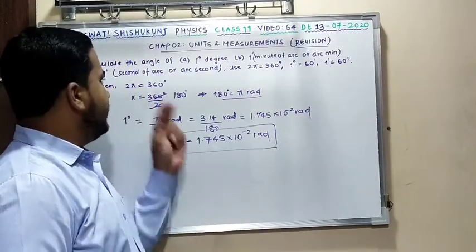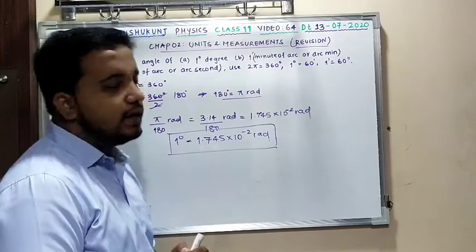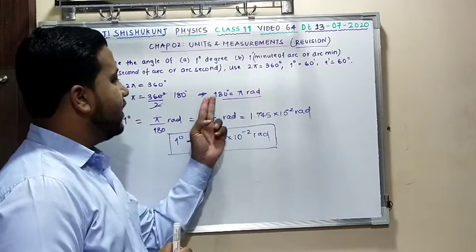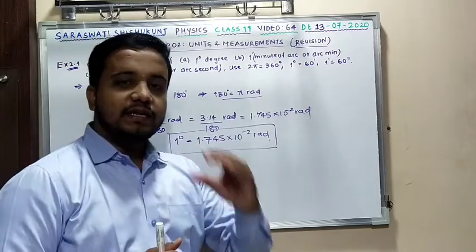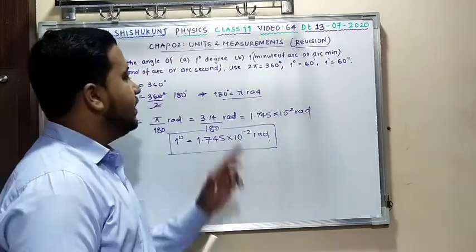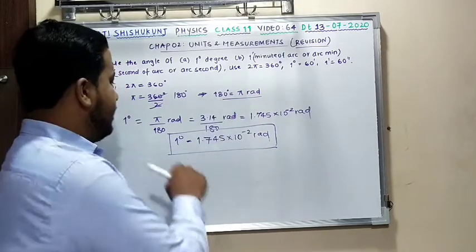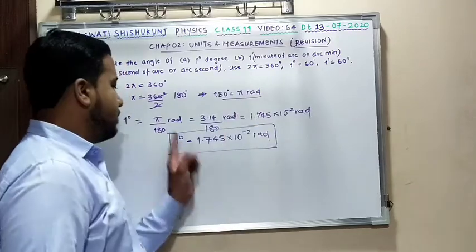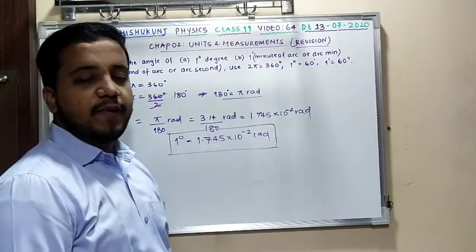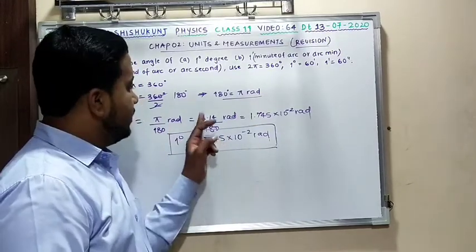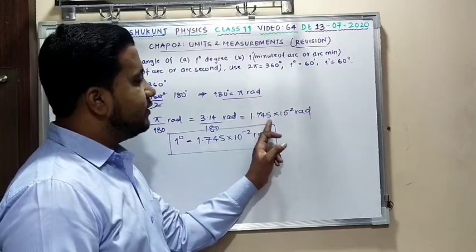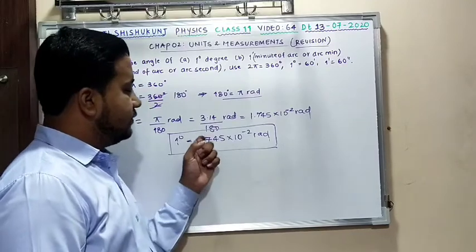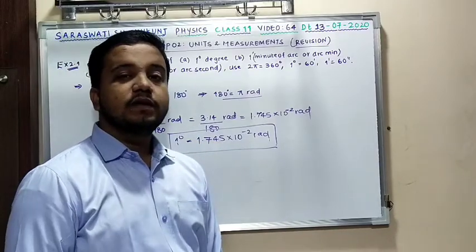What I did, I do have 2 pi that is equal to 360 degree. For that I calculated pi, that is 360 degree divided by 2. So I got my value of pi, that is 180 degree. So 180 degree that is equal to pi radian. Now I require 1 degree into radian. So for 1 degree I sent this into the denominator, that is pi by 180 radian, and instead of pi I put the value 3.14. Divided by 180, I am going to get the answer 1.745 into 10 power minus 2 radian. So I got one answer, that is 1 degree is 1.745 into 10 power minus 2 radian.